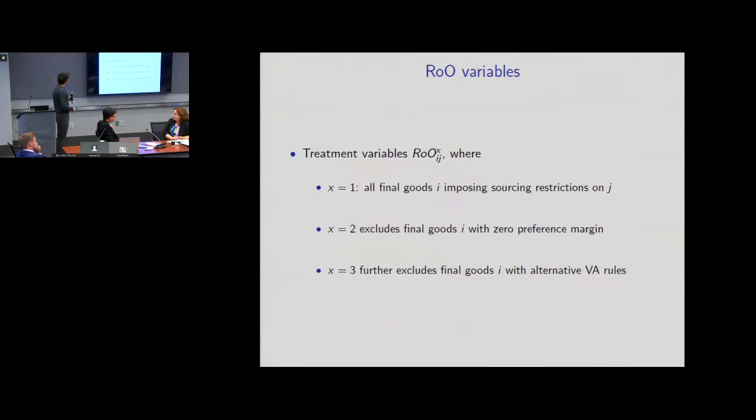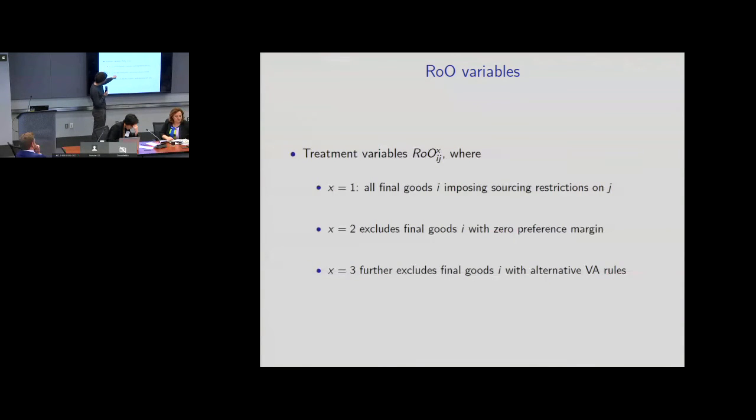Okay, so anyway, this is going to be the main variable we're going to use in our regressions, which is, for a given intermediate good J, how many final goods I are going to be restricted. So how many intermediate goods are going to be restricted for the particular production of the good I? Then X is simply going to tell you